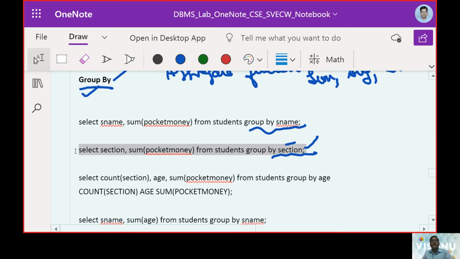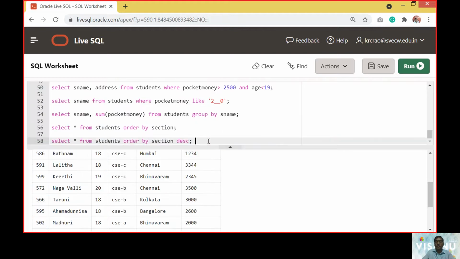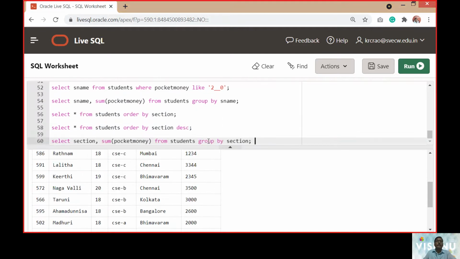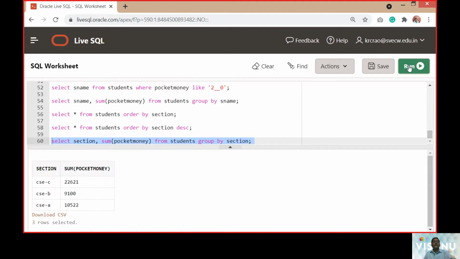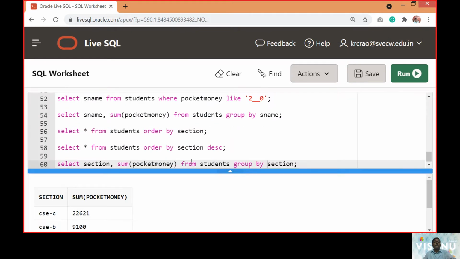Start executing this query. So group by section, we are going to have these values. So now you can see the funda.